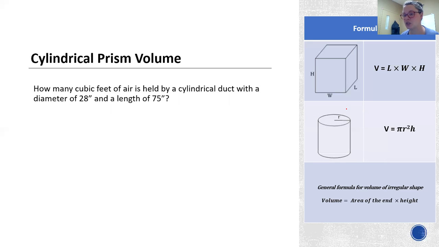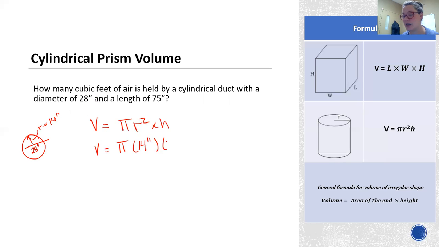So we're dealing with this particular shape, so we first need to find the volume. Our volume is equal to pi r squared times the height. Now, this has a diameter of 28 inches. We need radius for our formula, so the radius is equal to 14 inches. So volume is going to be equal to pi times 14 inches squared times the height. Height in this case is going to be the same as our length, okay, 75 inches. Putting all of that into your calculator, you will find you get